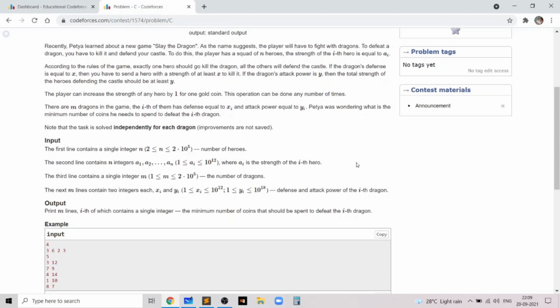Now let's try to come up with the greedy algorithm and the binary search solution.